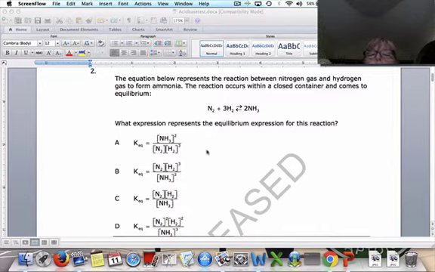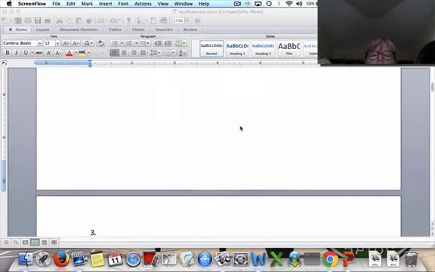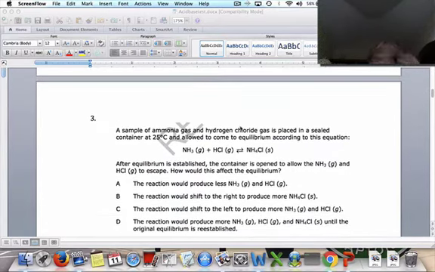Do not include anything that is a solid or a liquid. So if this had been like liquid, an L for NH3, you would not have included that. But here, these were all gases. So you do include any gases or anything that has an AQ after it that is aqueous. Okay, so now we